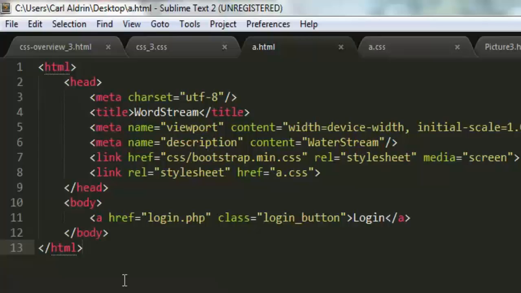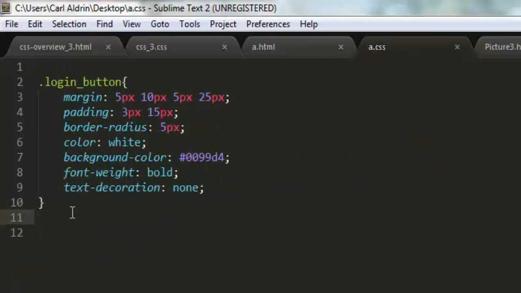So first, we have set up our HTML and an anchor tag named login button. So for us to make it a button, we need some CSS. So we have margins here, padding, border radius for design, color, font color, background, and other text decorations.